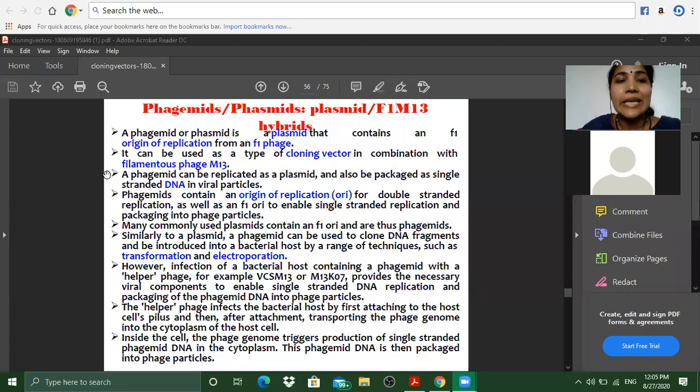Okay, and it can be used as a type of cloning vector in combination with the filamentous phage M13. The phagemid can be replicated as a plasmid and also be packaged as single-stranded DNA into viral particles. So that's a major advantage. You can use it as a plasmid vector and also as a phage vector. These contain an origin of replication for double-stranded replication as well as an F1 origin to enable single-stranded replication. So that's a win-win situation, like a double advantage, because